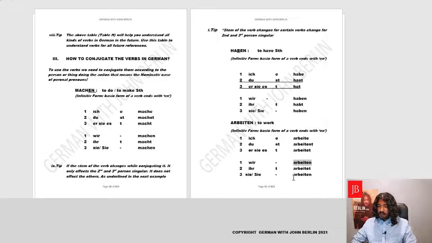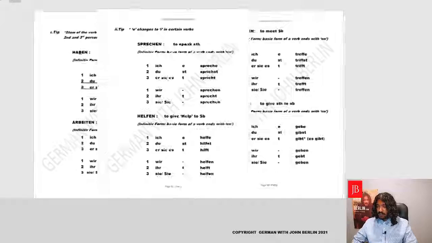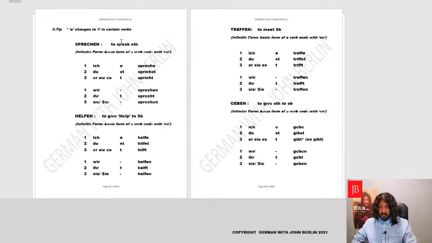Yes. All right, moving forward, we have the verb here, arbeiten. That's the infinitive form. Arbeitet once again looks the same. Sie, sie, arbeiten. Perfect. So that was the verb to work. Moving forward, let's look at some other verbs. Sprechen. Now before we come to this verb, we learn another little rule. Whenever a verb has an e, yes, we'll see that the verb